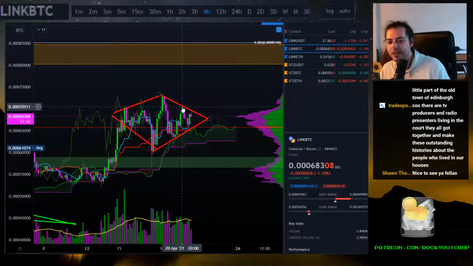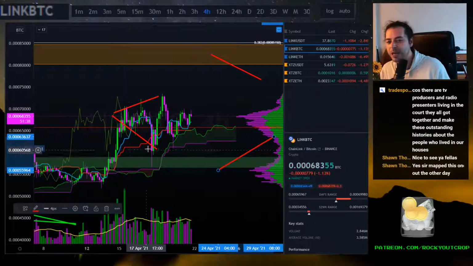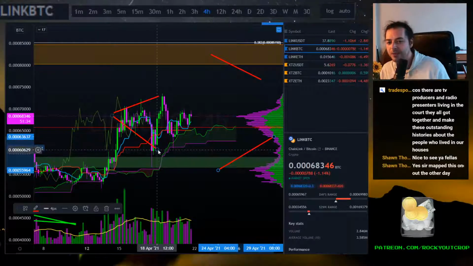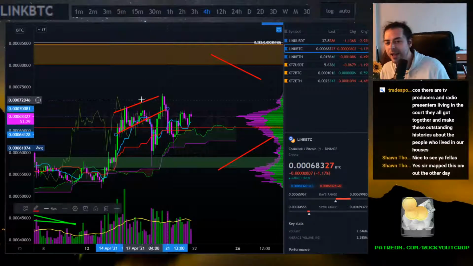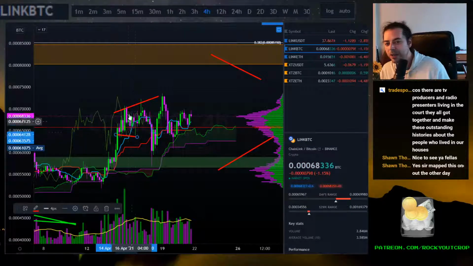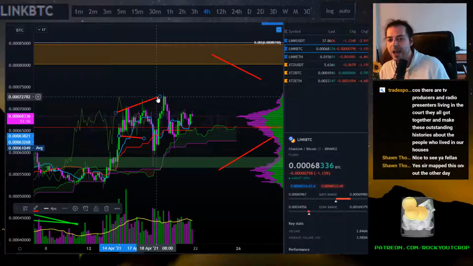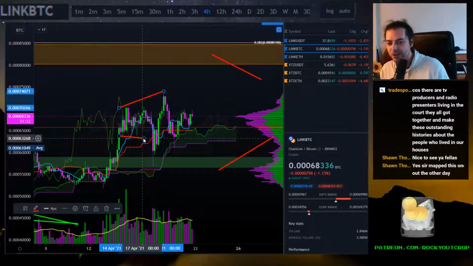Just take this side of things out for now and look and see how we arrived at this point. And as you can see, we do have that structure, the impulse up. It's not really flagging properly, in one way. You can make it like that. You can say we had this flag, but you can also look towards this wick down here and these highs and say, well, hey, we're kind of pushing this flag idea a wee bit. And then of course we see the massive whip down and up in consolidation